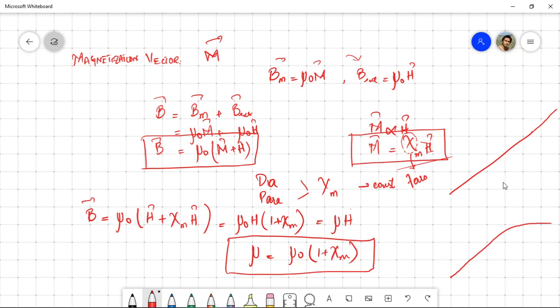Whenever we want to calculate the value of relative permeability, we know that relative permeability is the permeability of that material with respect to the permeability of free space. So the permeability of that material is mu naught times 1 plus susceptibility, divided by mu naught. These two things will cancel each other, so relative permeability will be 1 plus magnetic susceptibility. And